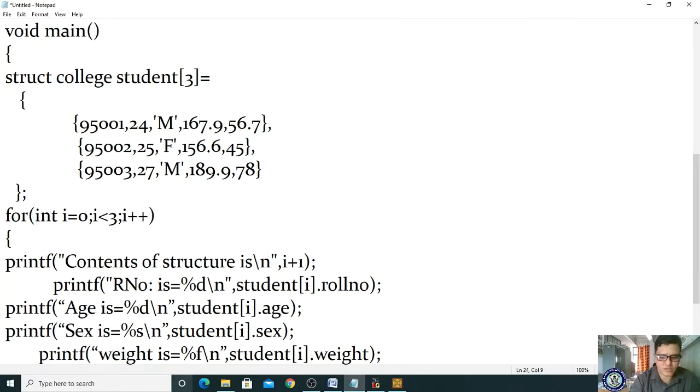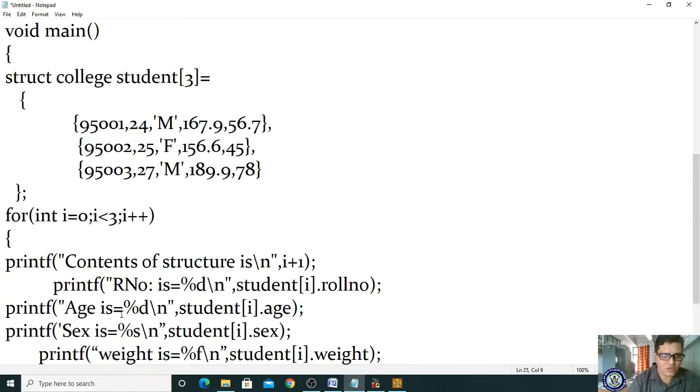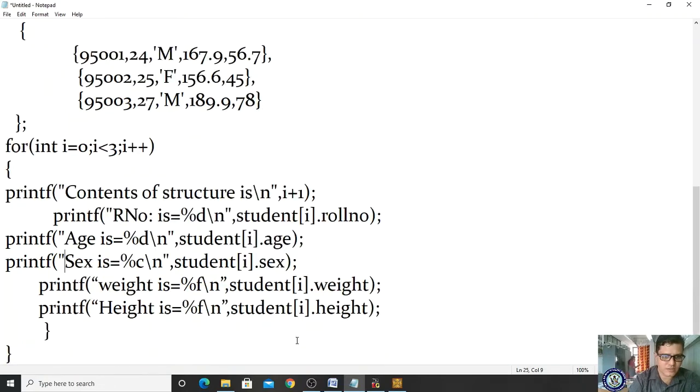Next I am displaying the age as %d, and sex is a character, so that is why it is taken as %c, not as %d. And student i dot sex, the variable is sex, right? Hence it is displaying sex. And next weight is a float, so we are displaying student of i dot weight.